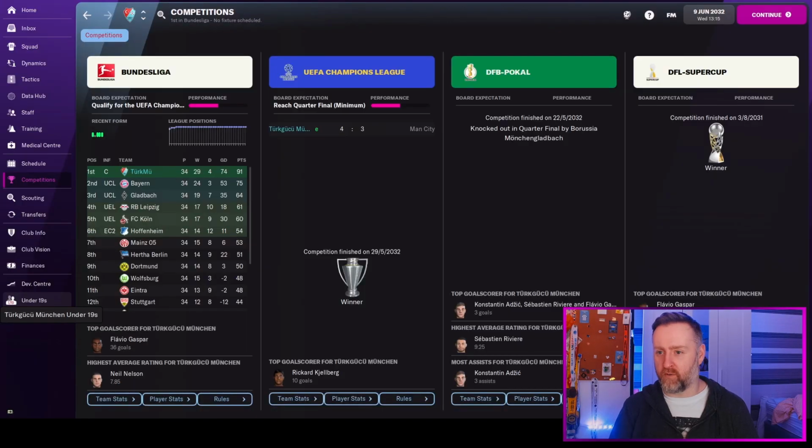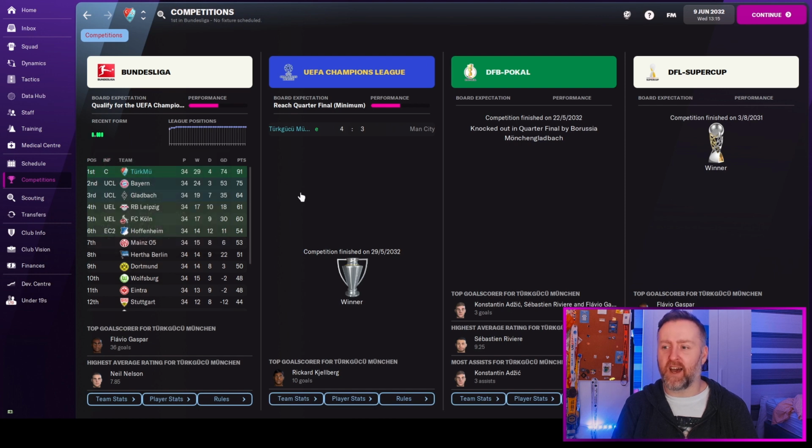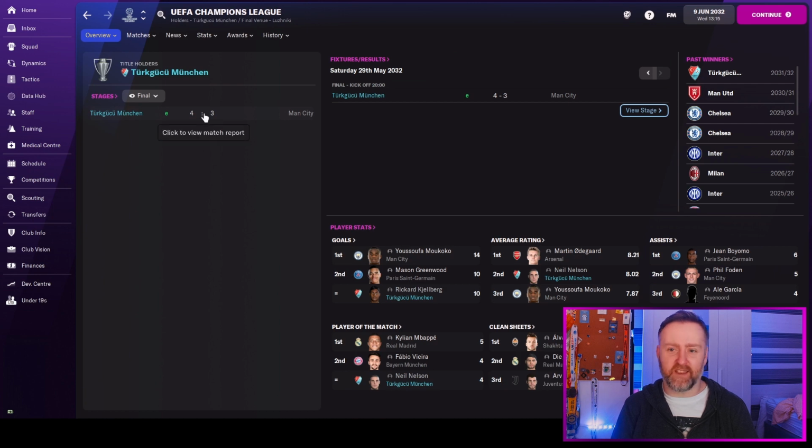Matt took over Turkgucu in the third tier, got them up to Bundesliga, mostly playing a 4-3-3. And then he wanted a bit of chaos. And you'll see here, he finished his last season, 2032, 16 points clear of Bayern Munich, scored 99 goals, had the best defensive record in the league, and then went on to beat Man City 4-3 in the final,